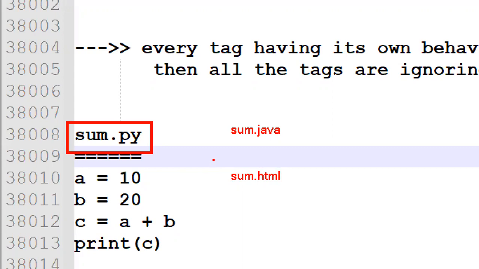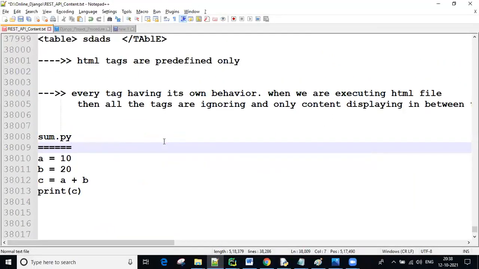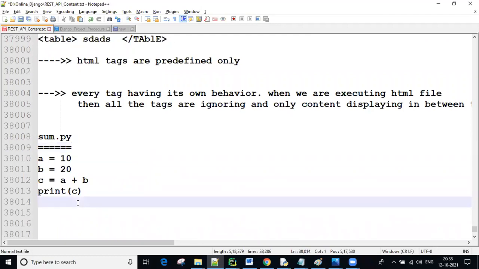The HTML file extension is .html, file name .html. Remember this point, each language has its own extension. Our HTML has the .html extension. As an HTML learner, we need to remember this point 100%. The HTML file extension is .html.